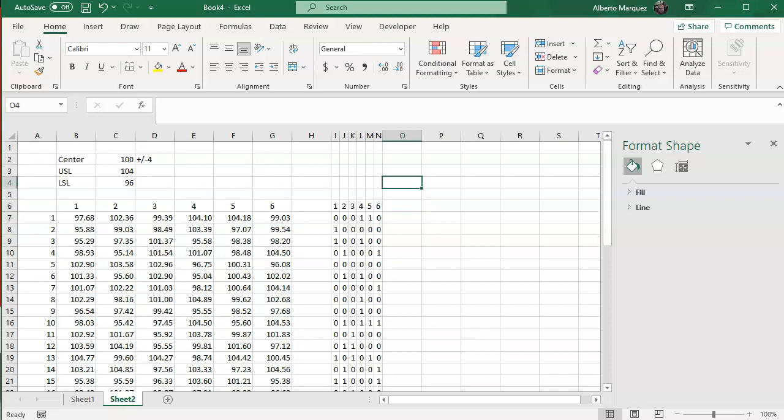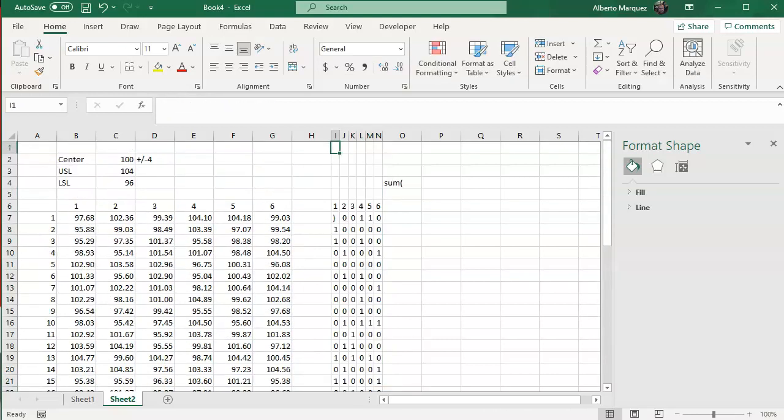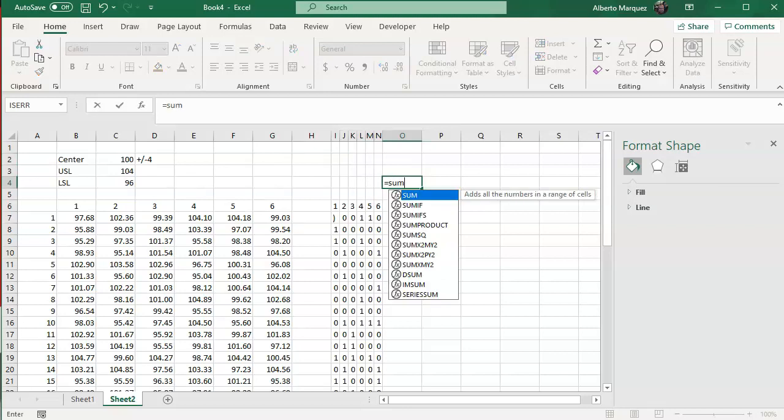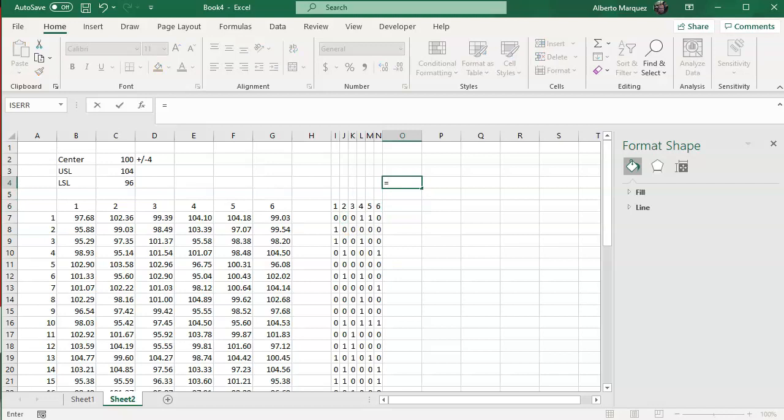How do we do that? Well, we can add all the ones, and that tells us how many are out of spec. Okay, so we can compute the percentage of the defective product in this sample by adding the